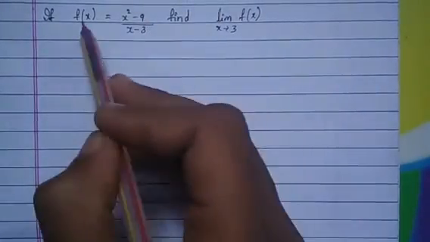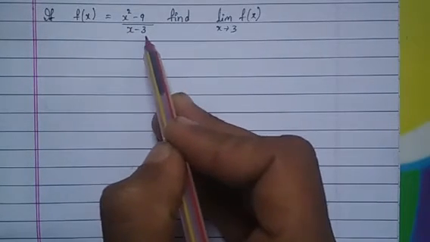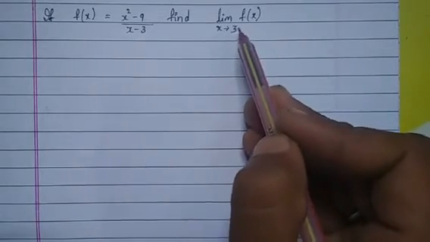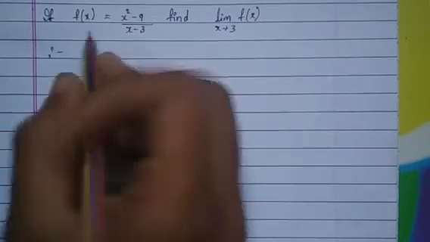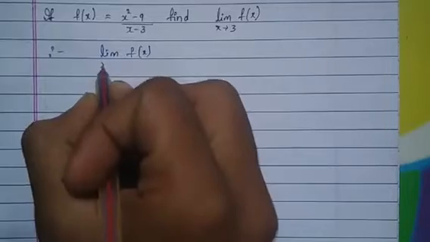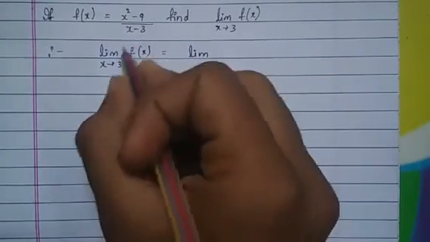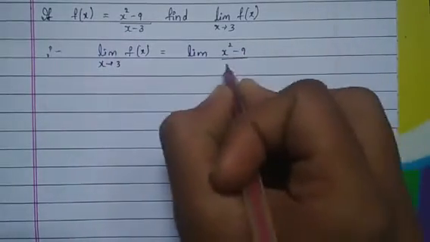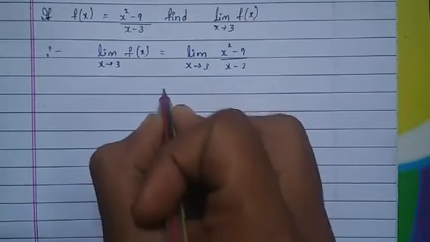In this question, if f of x is equal to x square minus 9 over x minus 3, find limit of f of x as x tends to 3, they have asked. First let us find out the limit of the function. So limit of f of x as x tends to 3 which is equal to limit of the function given, x square minus 9 over x minus 3 as x tends to 3 which is equal to